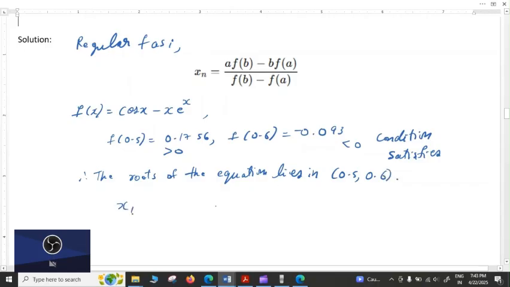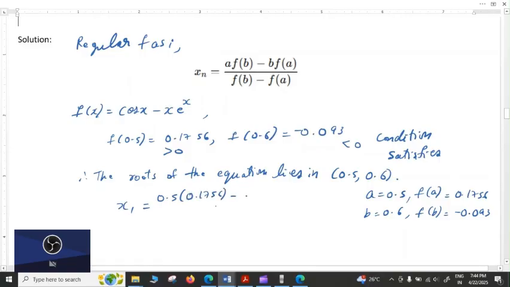Now I will substitute in the formula x1. The first iteration I am going to take. Let us consider here a is equal to 0.5, b is equal to 0.6. If you consider f of a, it will become 0.1756 and f of b will become here, students, minus 0.093. Just substitute in the calculator. This is in the formula, you can just see it is 0.5. In the bracket it is 0.156 minus f of b,